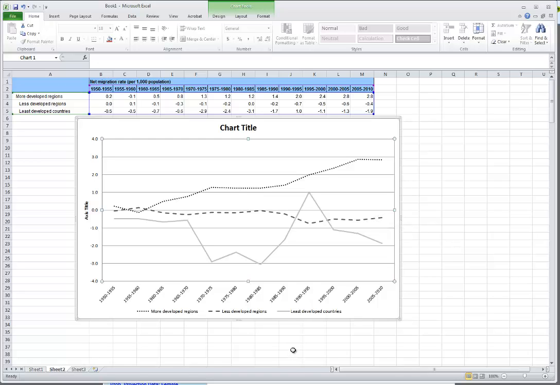And that is how I would create a nice looking line graph. Practice this. You don't have to do it for an assignment, but you will have to do it on a test, so you'll need to be able to do everything we just did in under 15 minutes. I did it in under 15 minutes. I think that you'll be able